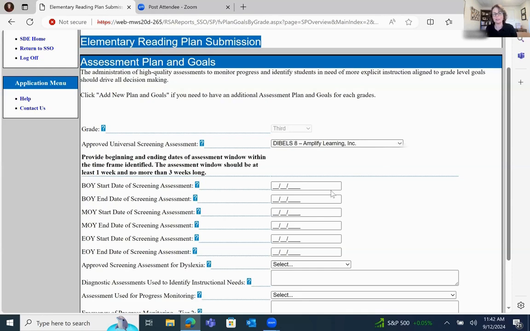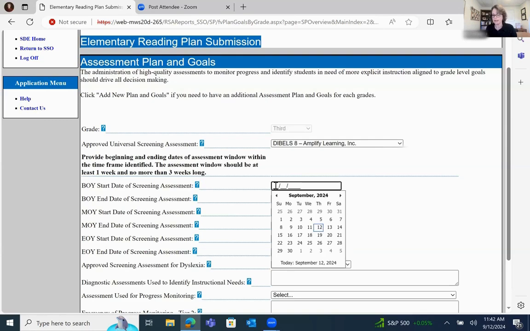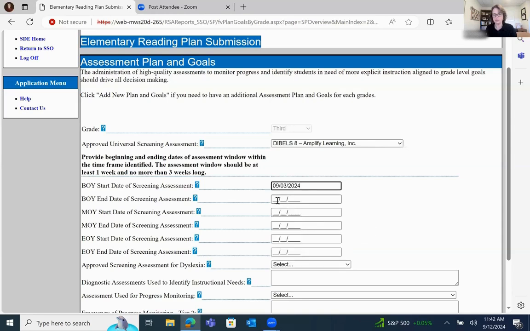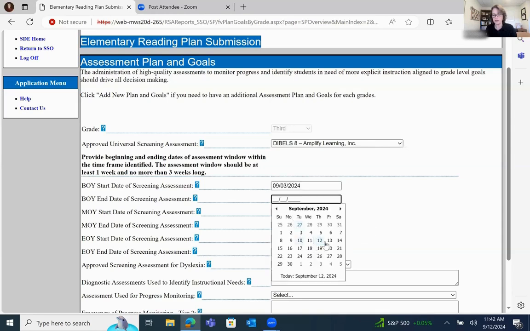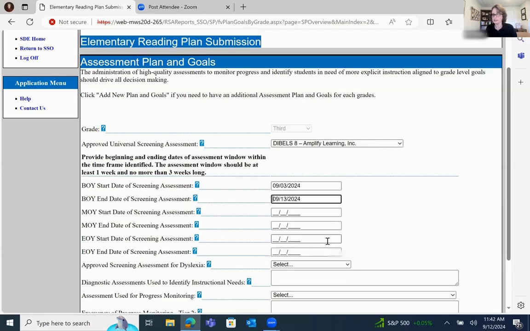So each site has the ability to set their own assessment window, but it does have to be within the district window. So on my example, I am using my beginning of the year assessment window, and I'm just keeping it the same as the district. It was September 3rd through September 13th.